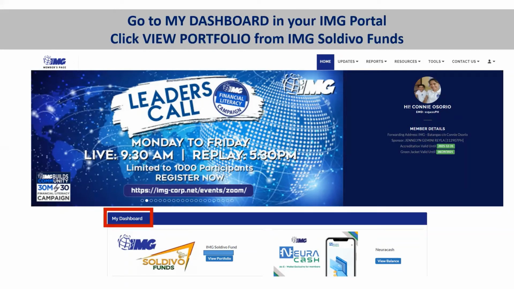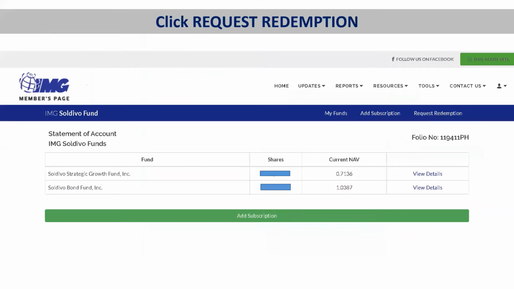Just go to my dashboard in your portal and then locate your IMG Soldivo Funds where you will be clicking your View Portfolio button. Okay, so kapag na-click na po yung button ng View Portfolio, all you need to do is to locate the Request Redemption and click it. Ayan, makikita nyo po, katulad sa mga previous videos natin about mutual funds,